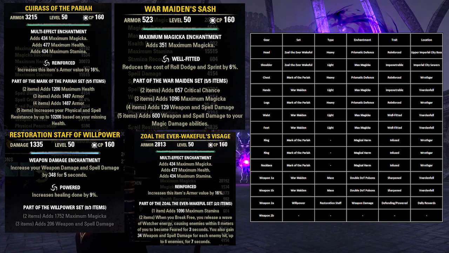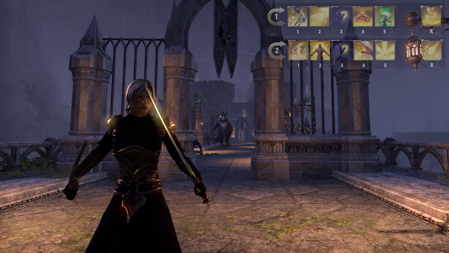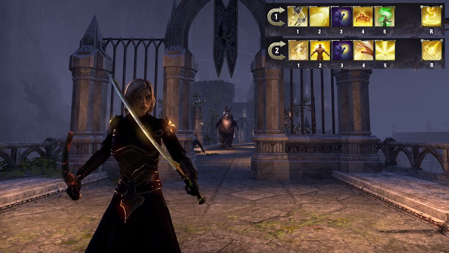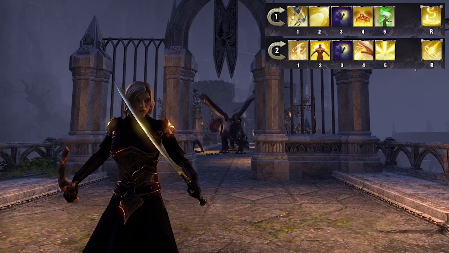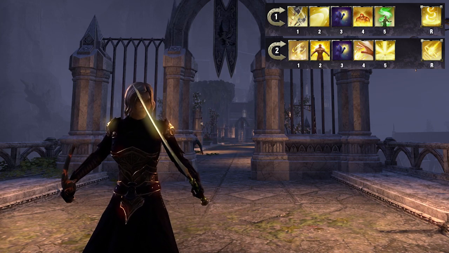This is one of the best survivability sets in the game. So next up is our skills. Now on the front bar we have Puncturing Sweep, Explosive Charge, Inner Light, Radiant Glory, Power of the Light, and Crescent Sweep. And on the back bar we have Repentance, Honor the Dead, Inner Light again, Extended Ritual, Channeled Focus,